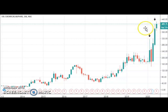So if the lifetime high is made probably 5, 6 months back, that is something which worries me. I want something which is very recent, and hence you can see that in the month of February, this counter made a lifetime high. Again, it made a lifetime high in the month of May. So it's absolutely a recent lifetime high which it has made, and currently it is trading above the previous lifetime